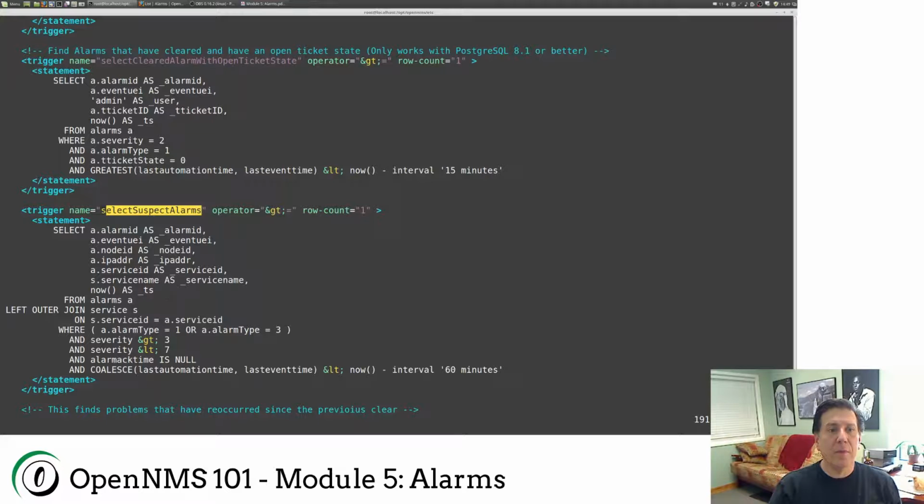Where the alarm type is a problem or unknown. The severity is currently greater than 3, which is normal. The severity is less than 7, which is critical. And nothing's been done in 60 minutes. There's that interval, 60 minutes. If we have an alarm that basically hasn't been touched in 60 minutes, then we want to do the action,